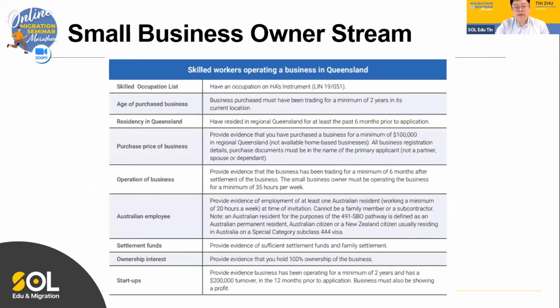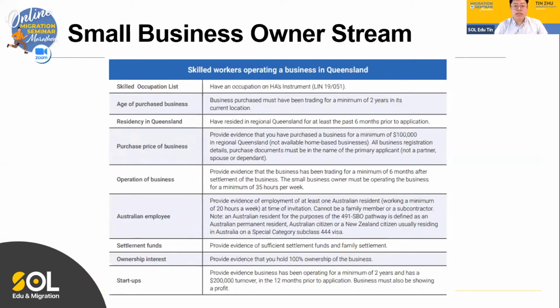All right, let's have a look at the summary. Same as the skill pathway, you can nominate any occupation on the instrument, which includes the MLTSSL and STSOL. This stream is more for those applicants who cannot achieve high points or who cannot get a related job offer in the nominated occupation. They can try to purchase an existing business in regional Queensland and operate the business for at least 6 months